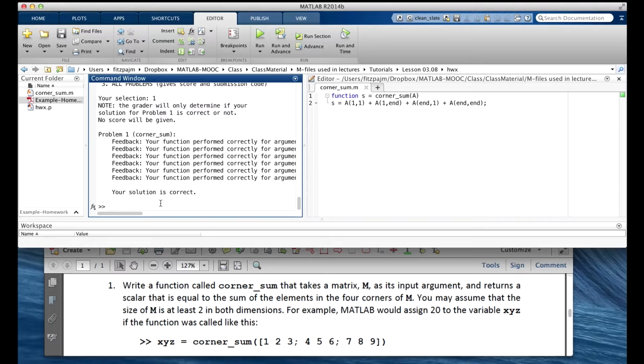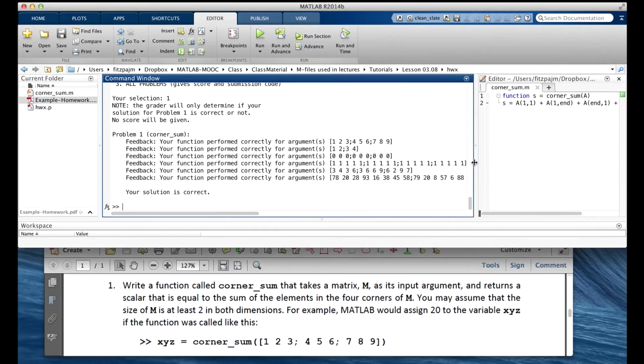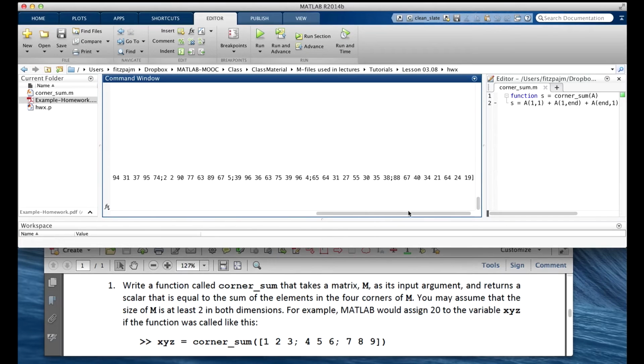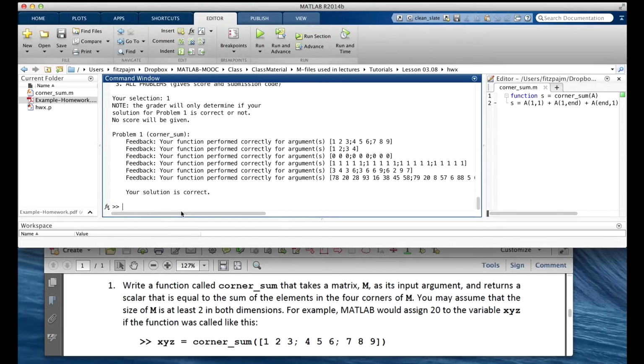It also gives what it calls feedback. Let's look at that. As we mentioned earlier, this is just the set of arguments that it tried. The last one's a long one. As you can imagine, these arguments have been chosen carefully to test most of the errors that students are likely to make. But if it fails on any of these arguments, as we'll see in a couple of minutes, it won't tell you why, and it won't tell you what the next arguments are that it's going to test on. Both of these pieces of information would make it far easier for you to debug your function, but the emphasis in these homework assignments is for you to practice and improve your own debugging skills by coming up with your own examples.